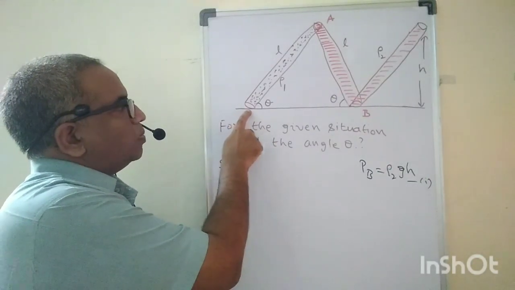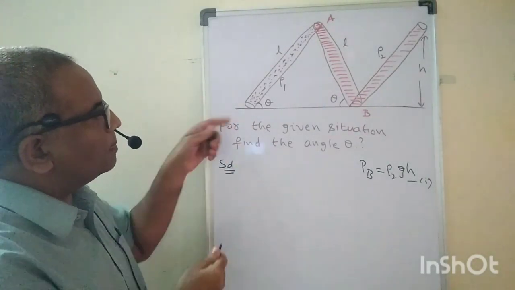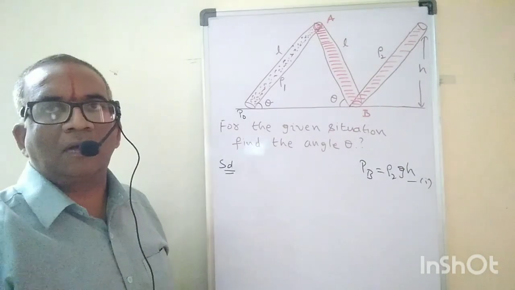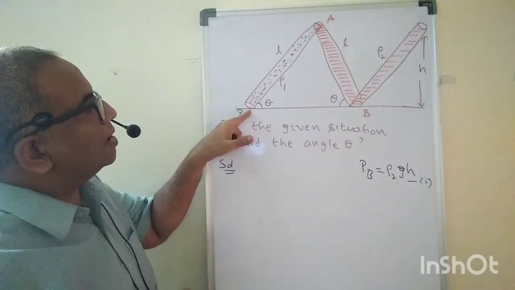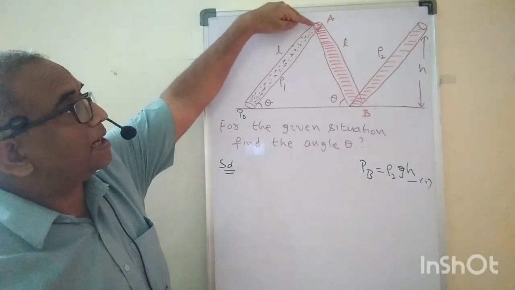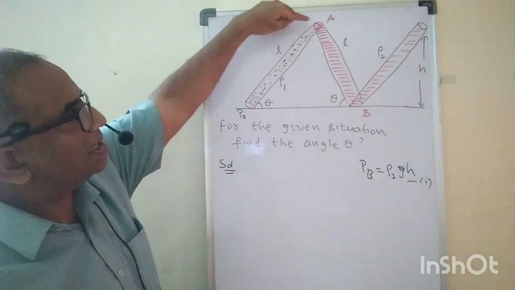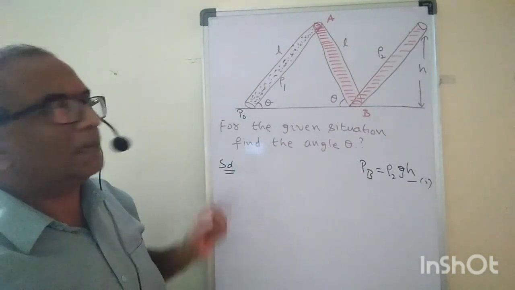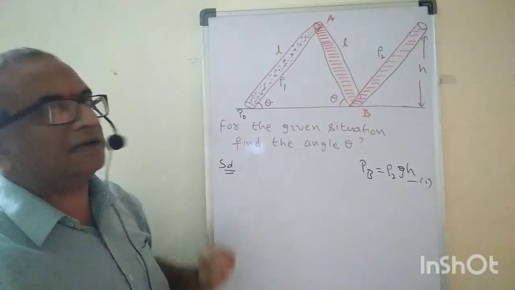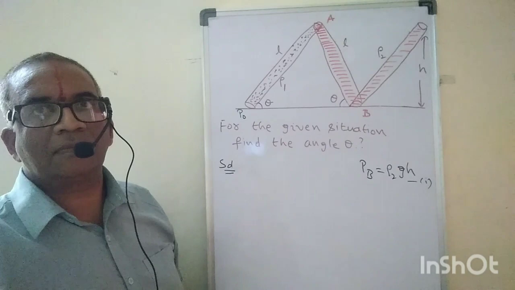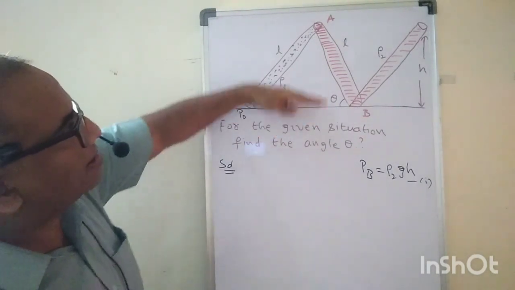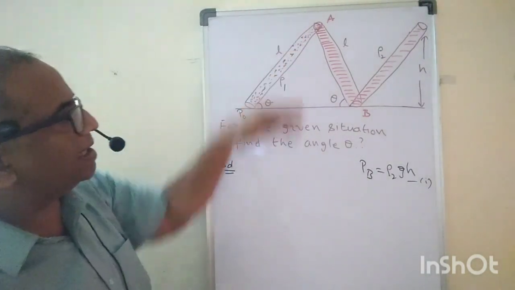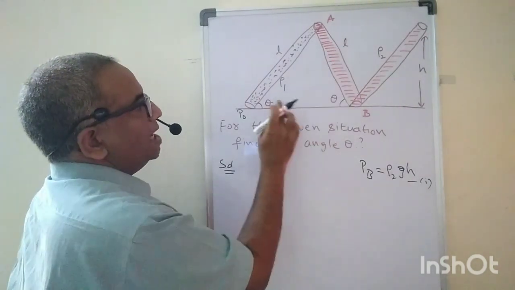Now let us look at this point. What is the pressure at this point? This is open to atmosphere, so the pressure at this point is P0. Then what is the pressure at A here? The pressure at A is due to this length of the liquid column. But the length of the liquid column exerts pressure on the bottom, not here. And one more thing, the height also we don't know. Are you following what I am saying? Here they give the slanting length, not the height. And here also they give length L and the same angle.